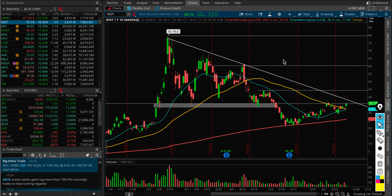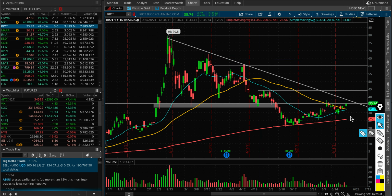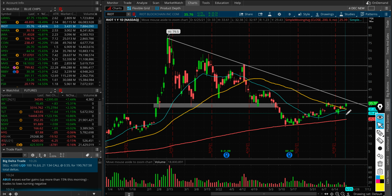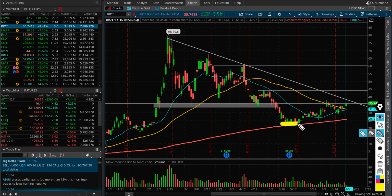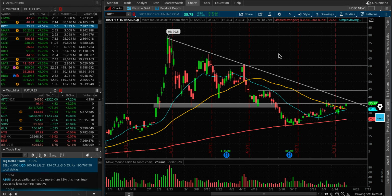stock. But to the downside, if the 50-day simple moving average doesn't hold, $30 is going to be support, and then below we have the 200-day moving average, which was support right here for multiple days. So this red line, which is the 200-day simple moving average, can act as a support as well if we see BTC go lower, or if it flashes down, because it's been